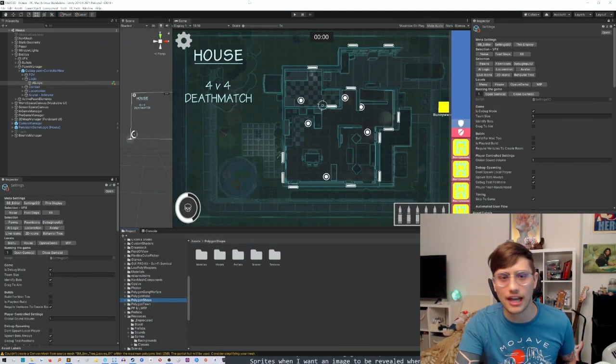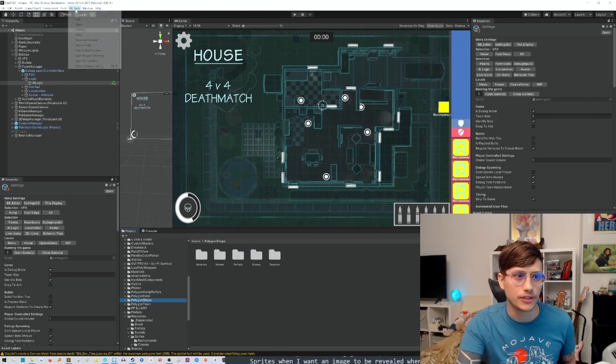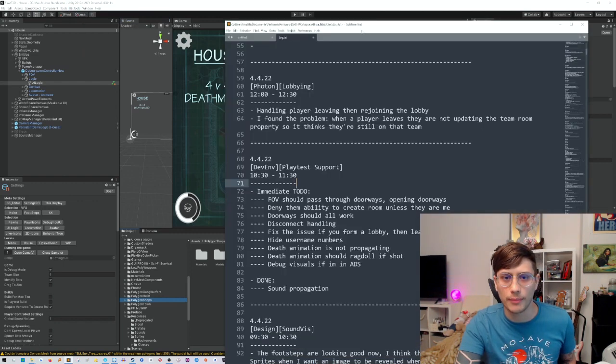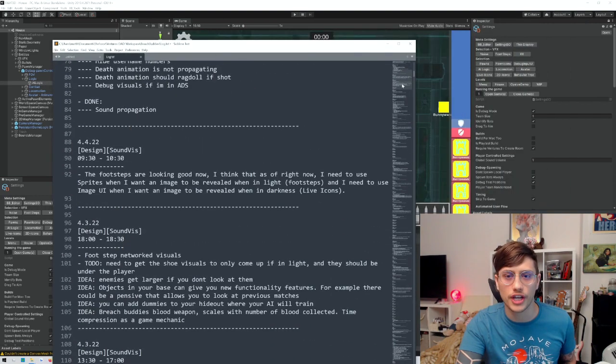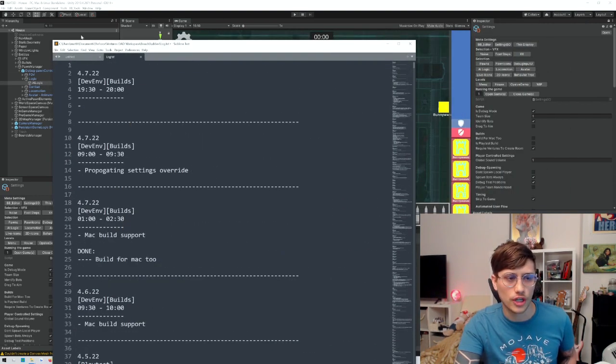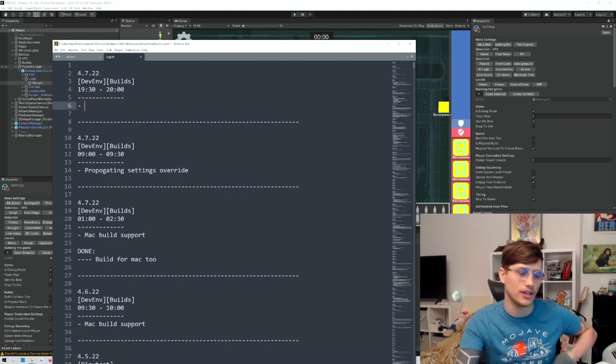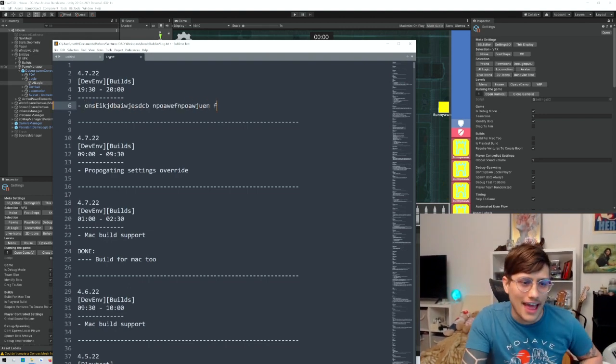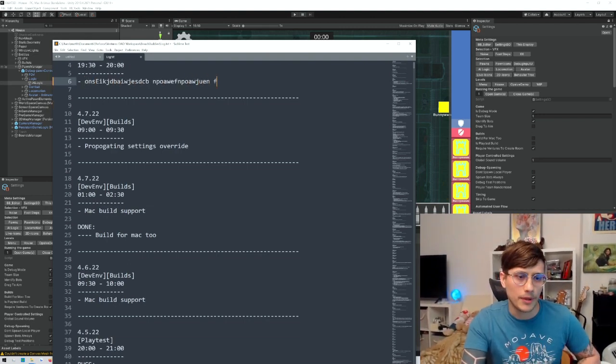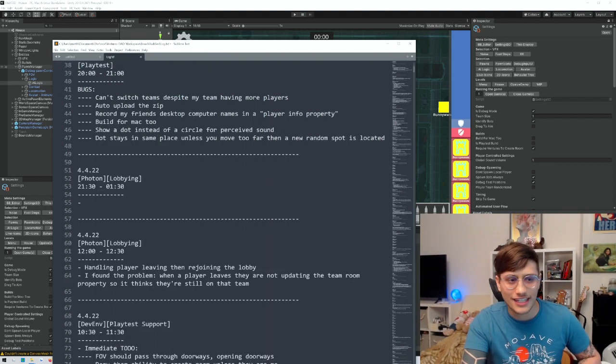But basically, every time I log into Unity, it prompts me with a new log entry. So whenever I push play, I'm manually invoking it with this editor button here. But it will open up the log and it'll say, hey, what are you working on today? So it'll create a new entry, and then I can type into it and say, oh, today I'm working on this. And that is so helpful because I can just scroll down to my log, see what my bugs were